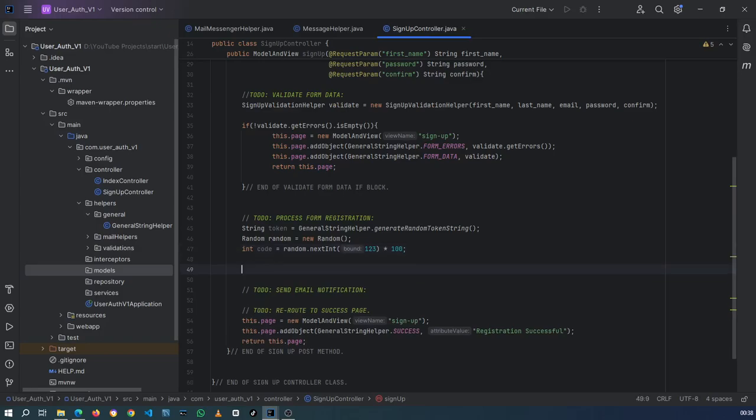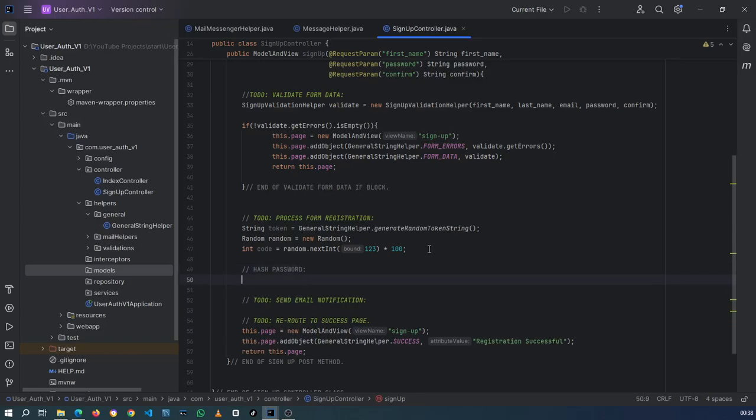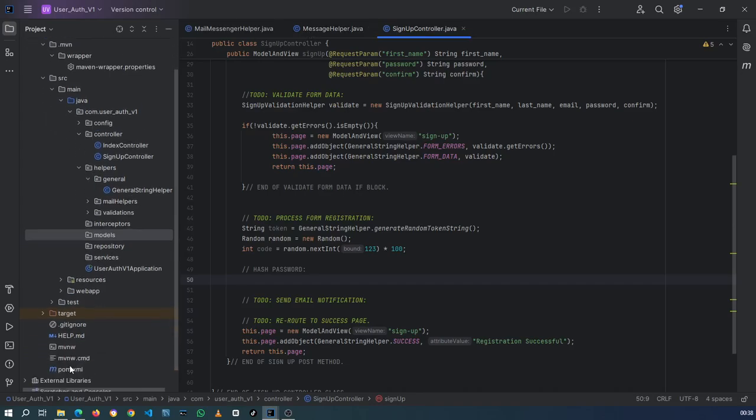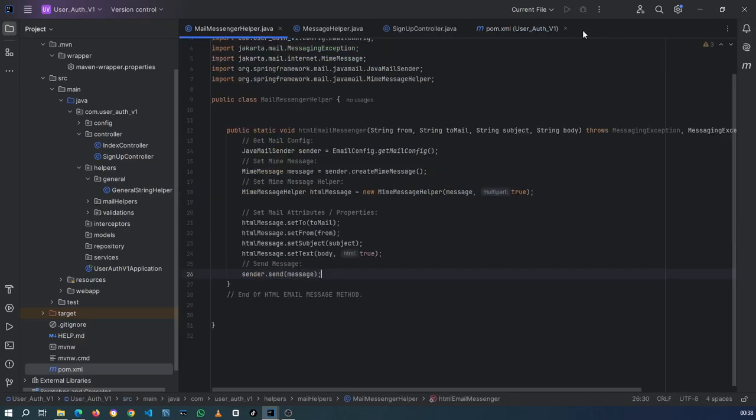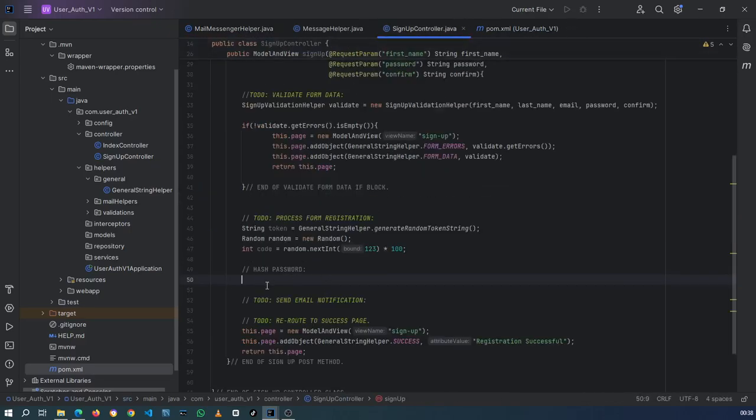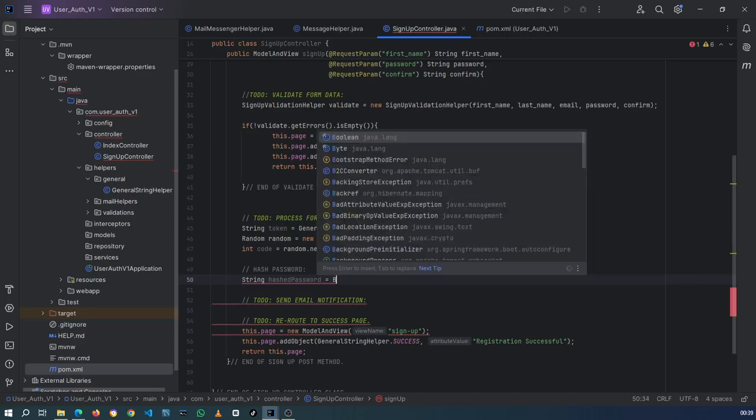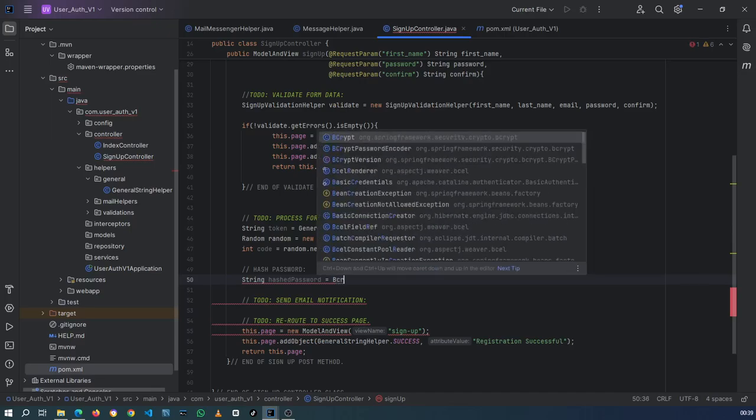So now what we need to do is also hash the password. All right, so remember in our pom.xml file we added this dependency, so this is going to give us access to the bcrypt object, and then we can use that to hash our password. So I'm going to call this string hashedPassword, which equals, we're going to say BCrypt,